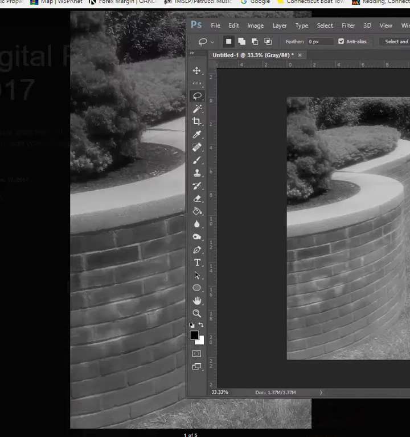It's important when we convert color to grayscale that we also have to address contrast issues and adjust the levels, and we do that in Photoshop. If we merely convert to black and white, oftentimes the results are dull and lack contrast and interest. So just starting with this one, I brought it into Photoshop, and